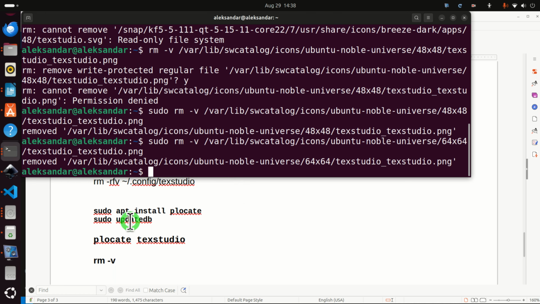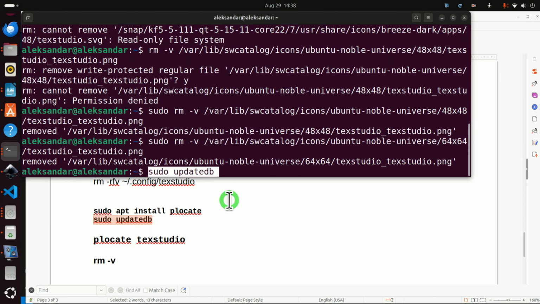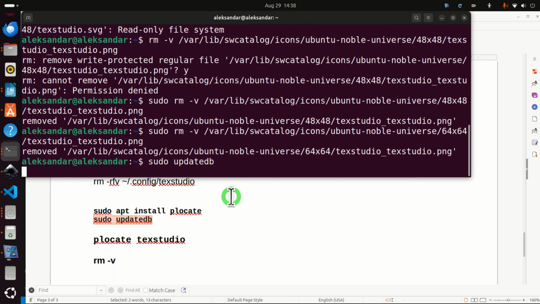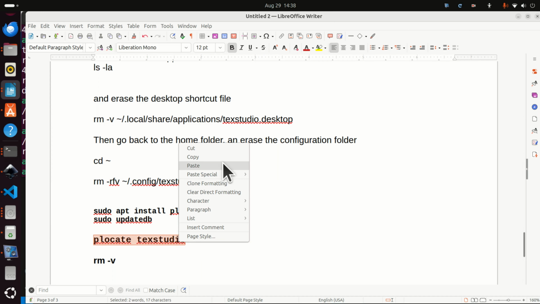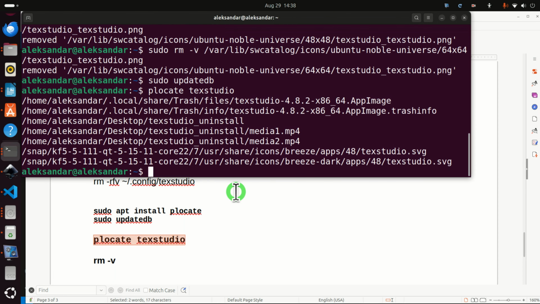Now let's make sure that there are no additional files. First of all, let's update the database of plocate, and then let's simply search again plocate TeXstudio to make sure there are no remains, and here it is. Okay, I didn't erase these two files, so let's erase them since I probably didn't have the administrator rights. Sudo rm -v and the name of this file,